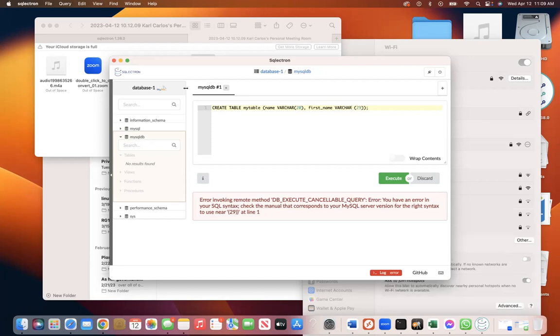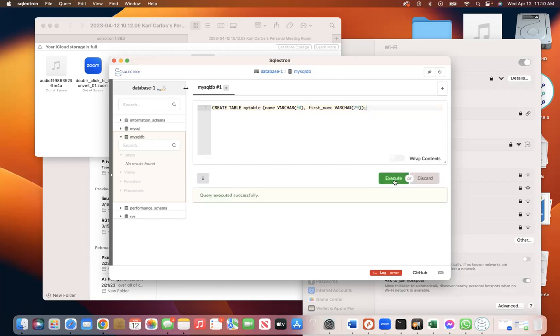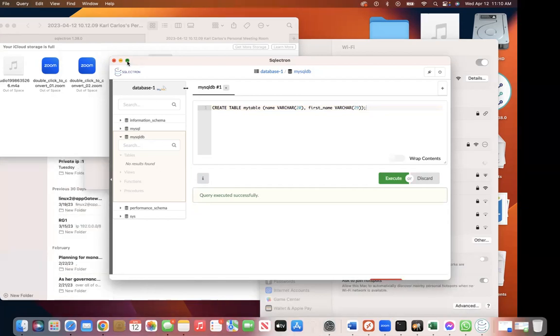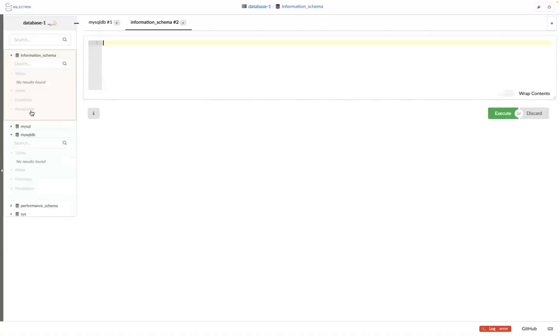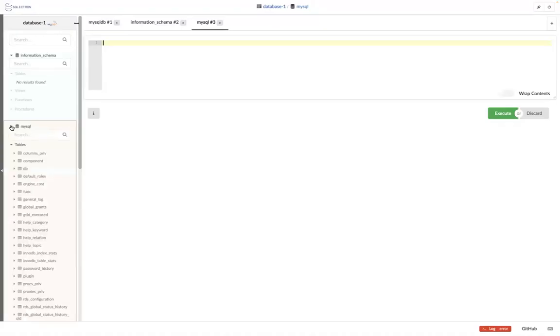Variable character. And this. And close this and then execute. So this is good. Now if you go, let's make this big. Now if you go on MySQL and you click on table,